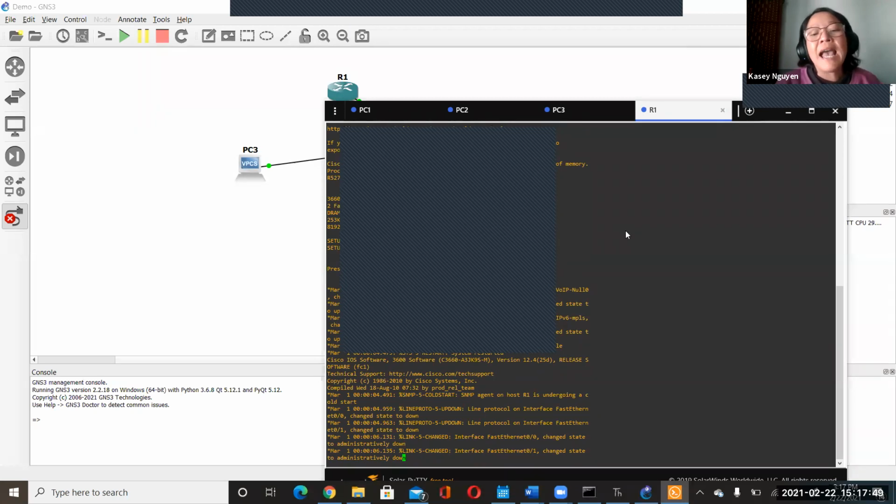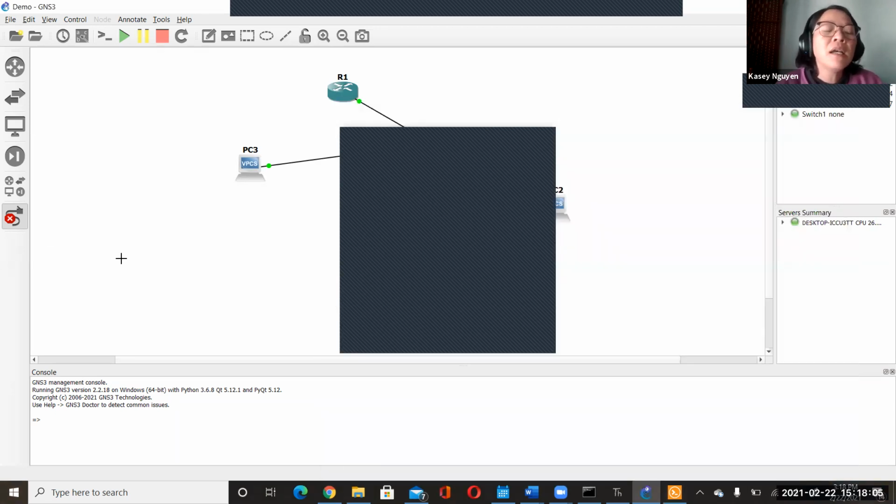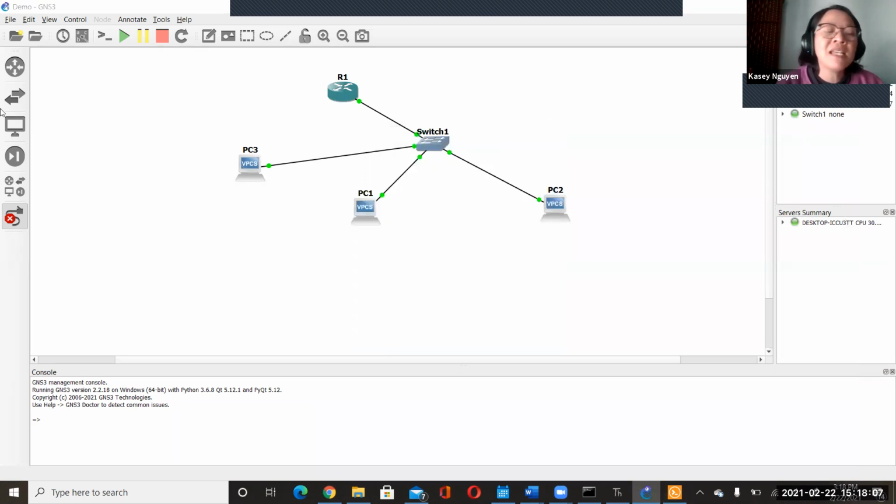So Patrick asked, is this like the virtual network setup? It is actually simulating. Yes. It's very close to Packet Tracer or Cisco VIRL. Cisco VIRL is only used for Cisco equipment, but the cool part about GNS3 is that you can add other vendor appliances.